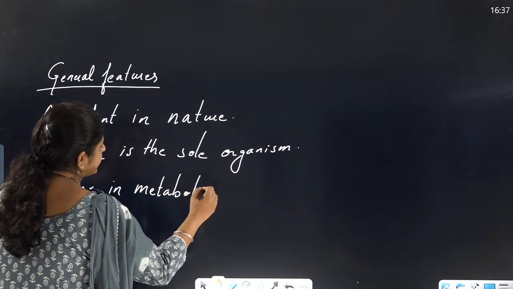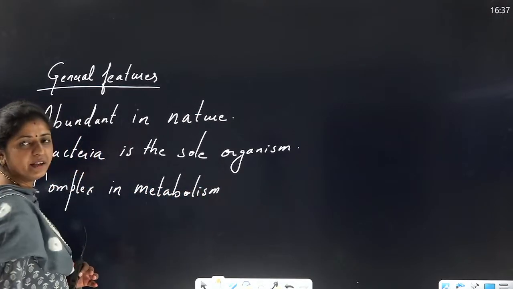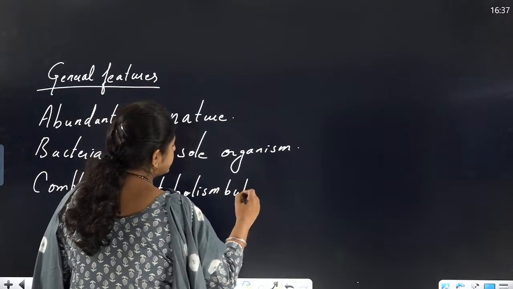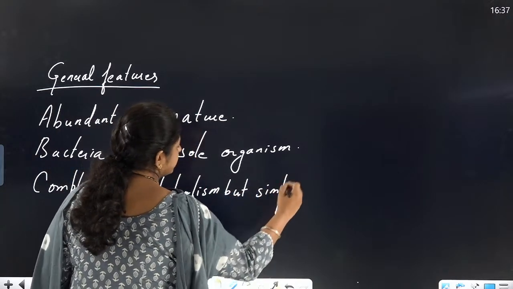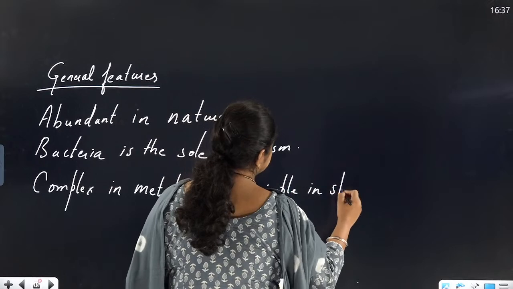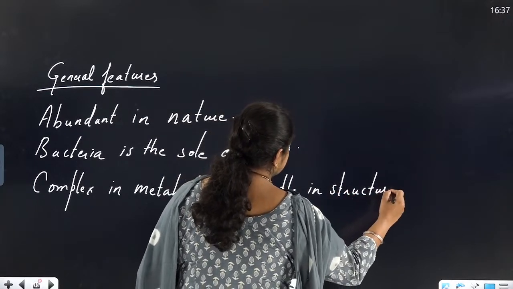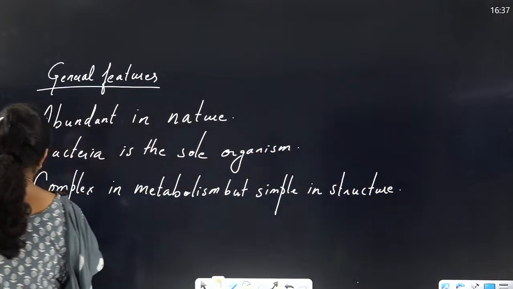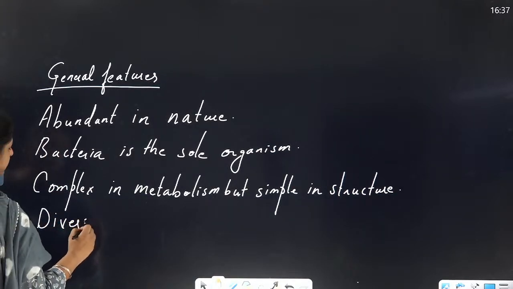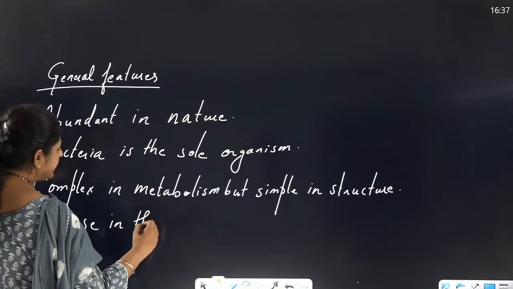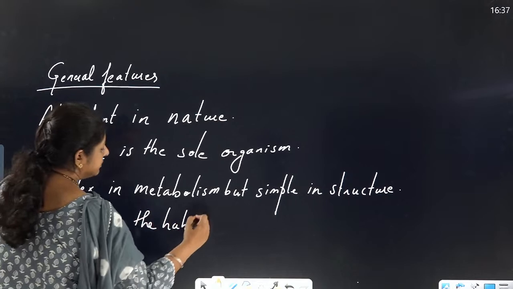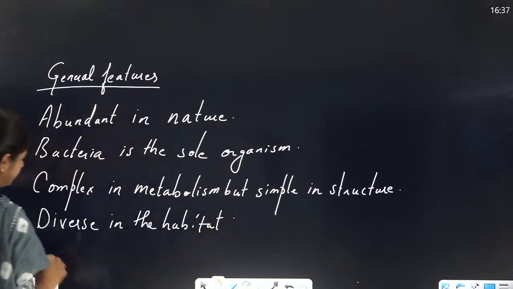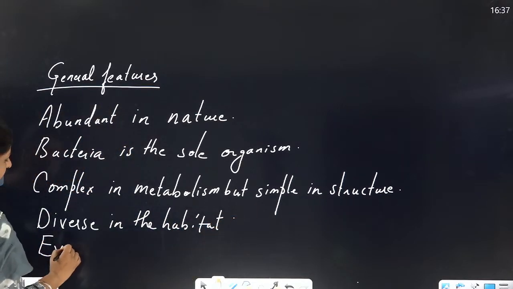Just now I said various types of mode of nourishment are there, but simple in its structure. They are diverse in their habitat. They can be found, or they are found everywhere,